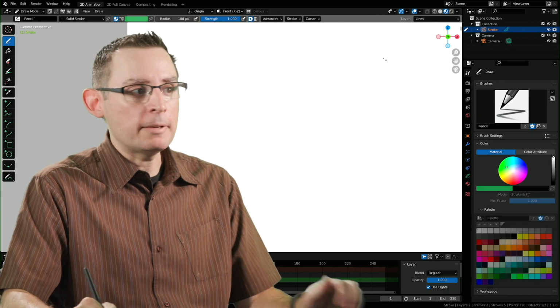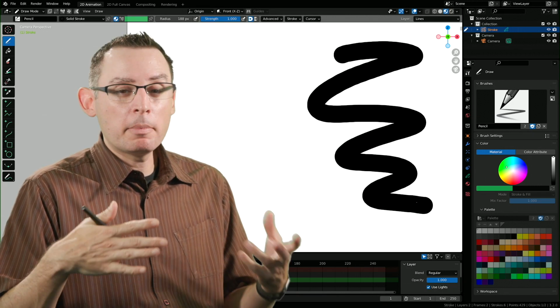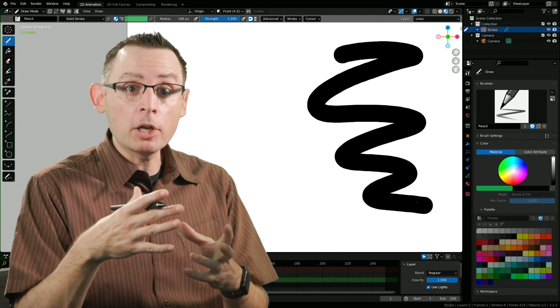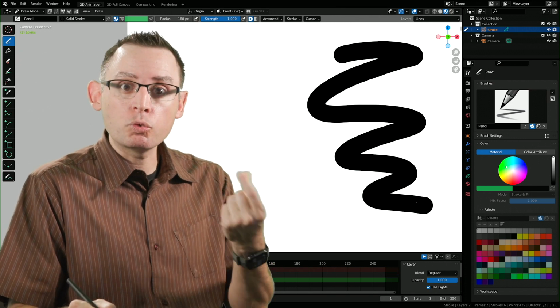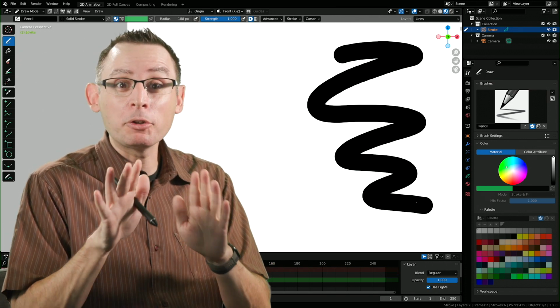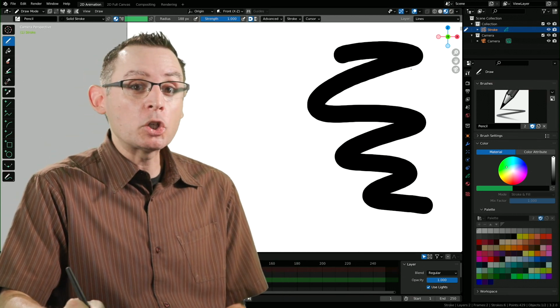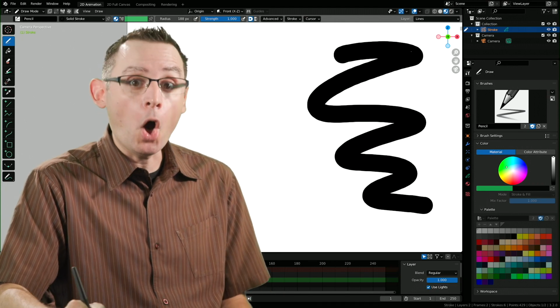Okay. Let's go back into the pencil tool real fast because I want to show you something here that's pretty neat. I'm just drawing with the pencil tool, and let's pretend that I've made my stroke or my line too big, and I want to make it much, much smaller. Well, we don't have to redraw it. We just need to change the radius values. Another great illustration of the power of the stroke-based drawing engine. I don't need to redraw this with a smaller radius. I just need to change the radius value of the stroke.